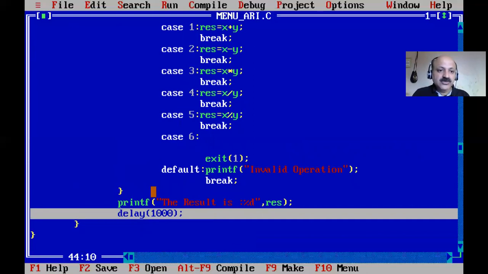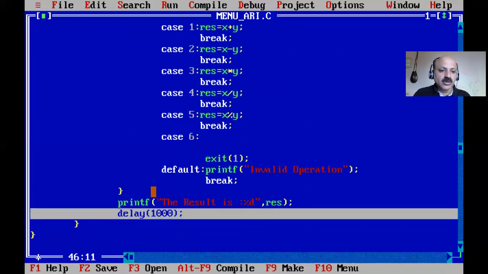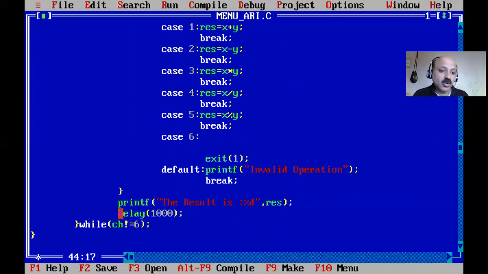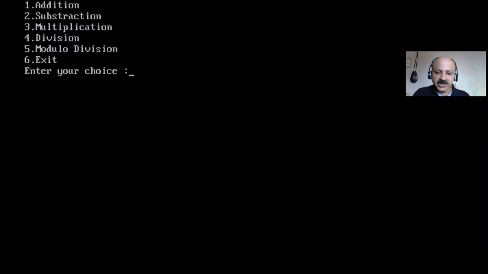Okay, now I use the do while loop with character and integer constants. So what is the condition? My goal is to teach you the while loop. Here you give ch not equal to 6 and a semicolon. Here we can say that you cannot provide a semicolon in a normal while condition, but in the do while loop that is part of the syntax.